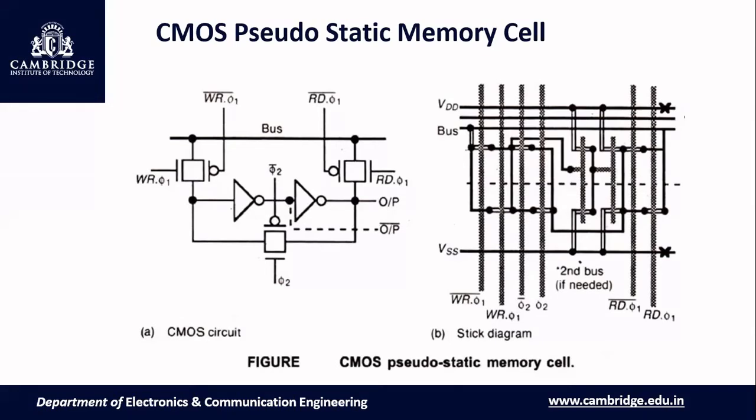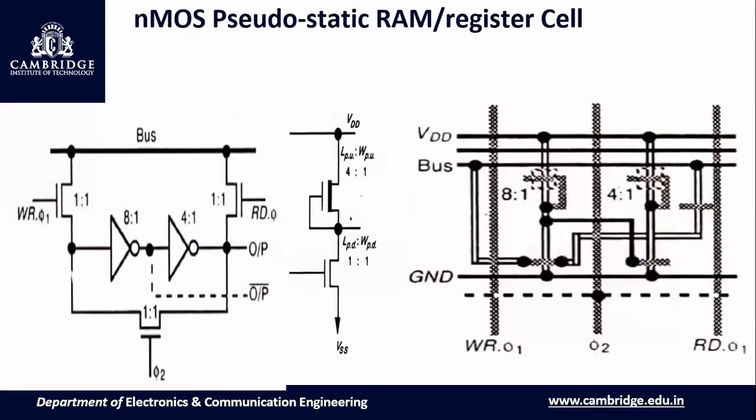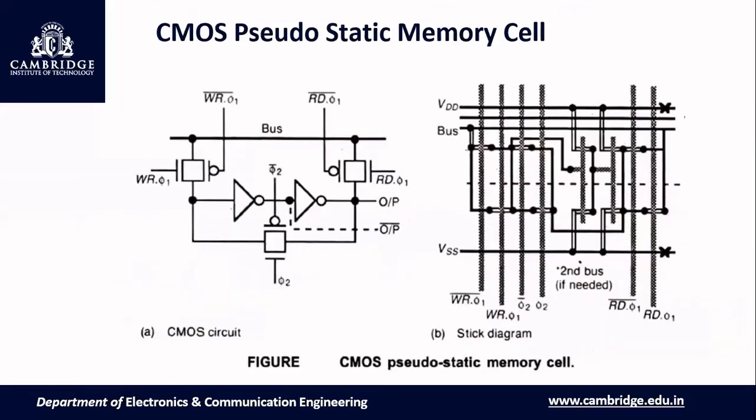Understood? Okay. In this way, we can draw the circuit diagram, stick diagram, and all. Good. Okay, this is very important. Usually they'll ask this in the exam. So usually they'll ask for another circuit diagram. If you know how to draw the stick diagram, that'll be better. For NMOS, they may ask. For CMOS, they may not ask. Only the circuit diagram they'll ask.